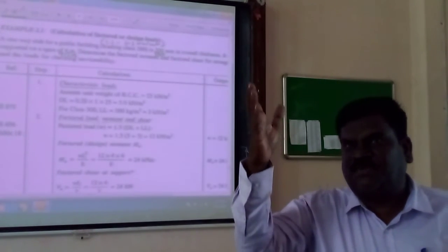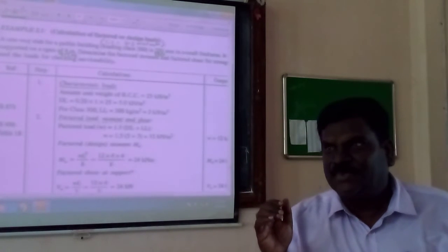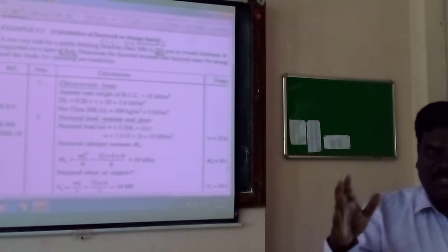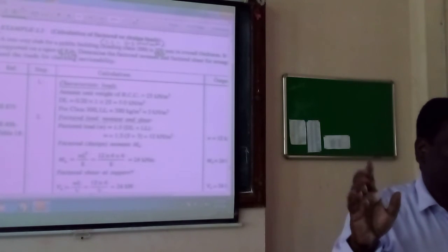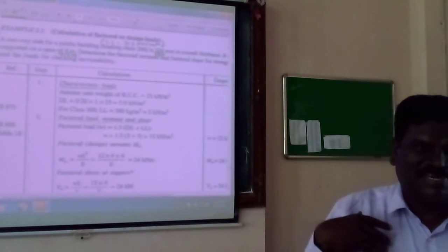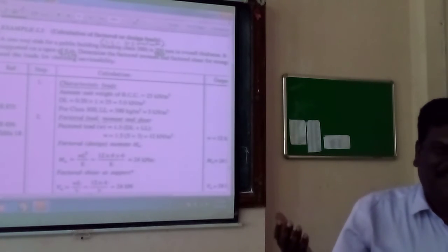What about shear force value at the mid span? Zero. Only two of you are answering. Many of you are blind, I know. They don't know even ABCD of anything. Okay, we are dealing with such a kind of student. So we cannot teach at IIT level or NAT level, right? It's okay.